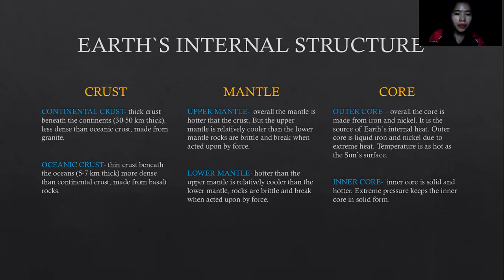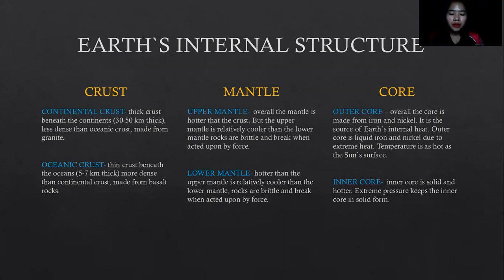So, the third one of the compositional layers is the core. So the core is divided into two, the outer and the inner core. So even our planet has its own center. So the core is the innermost part of the earth, just like the sun, di ba? As we've discussed during our prelim, we discussed the layers of the sun. So it has a core, which is the source of energy of the star. So our earth also has its own core, which is hotter, and also most of the pressure or the heat